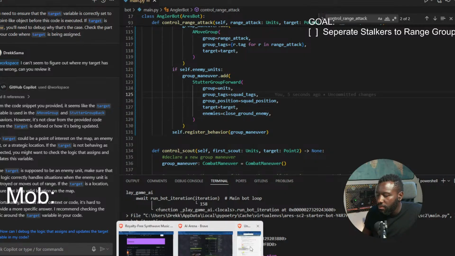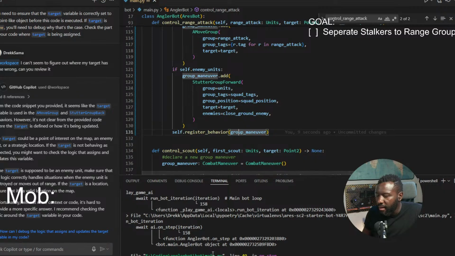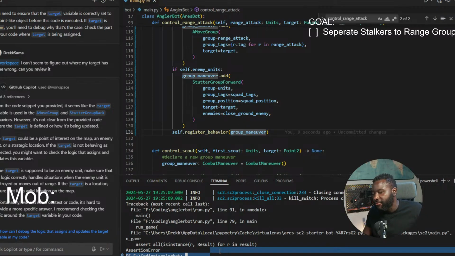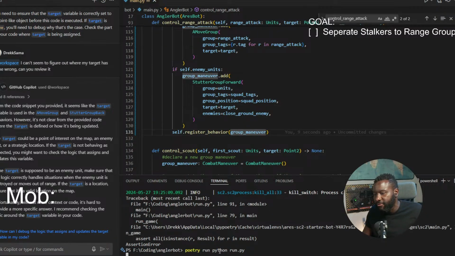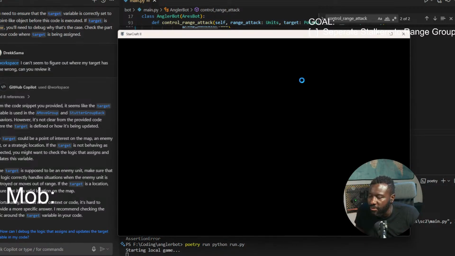Okay. And then what we'll do is we'll kind of leave off, and I'll leave myself a note reminding myself to fix stutter group forward to stutter group back. I'll ask Rasper, have him take a look at it. Well, what we'll also do is we'll also upload and make sure that we have everything that we need